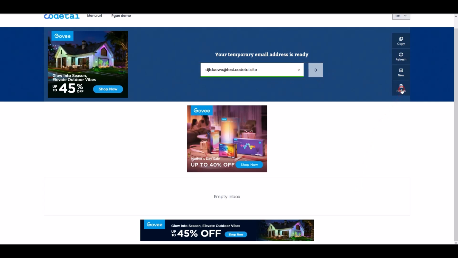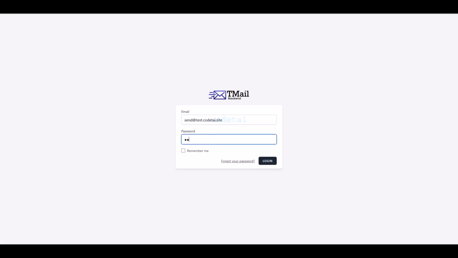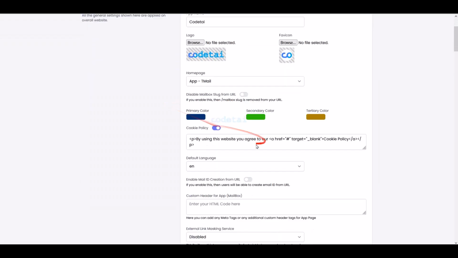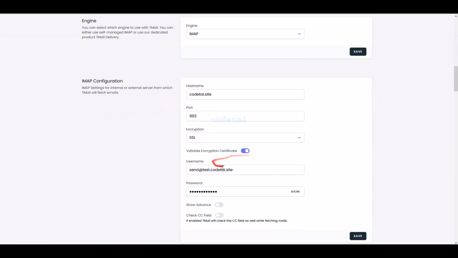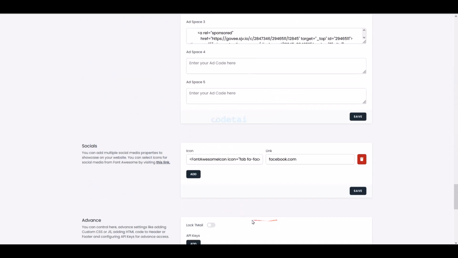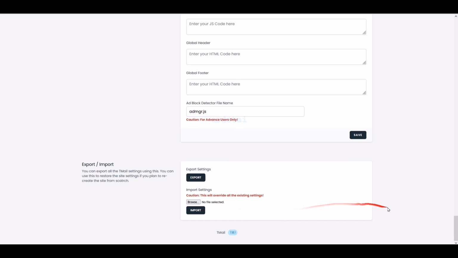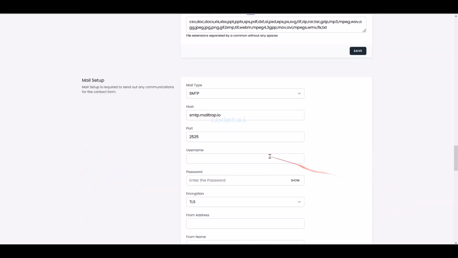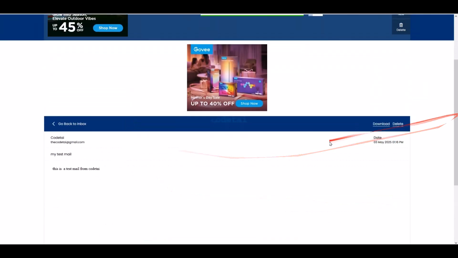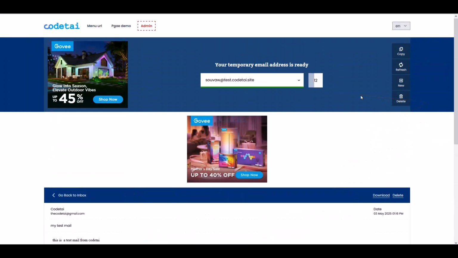And users can delete their emails if they wish. We are getting the most powerful admin panel to manage this website. We can manage all the features and functionalities of the website through this admin panel. I will definitely discuss step by step in this video how you can completely customize this admin panel. So now let's learn how to create such a professional temporary email website.